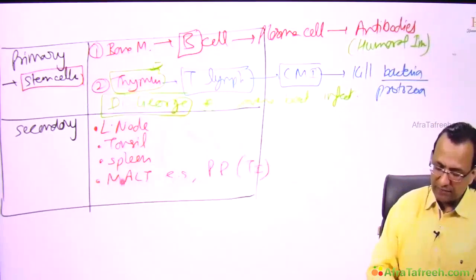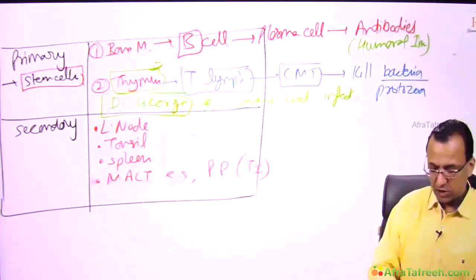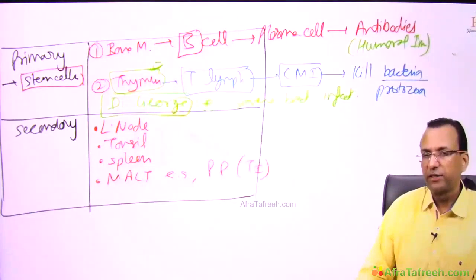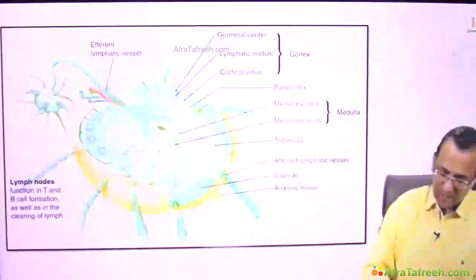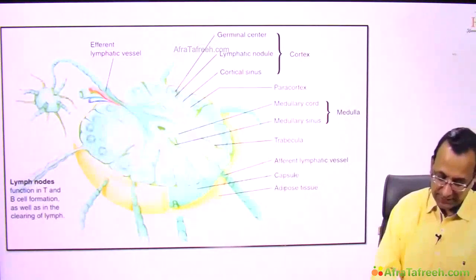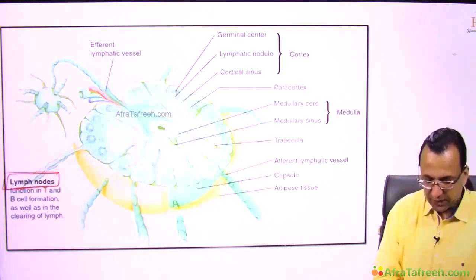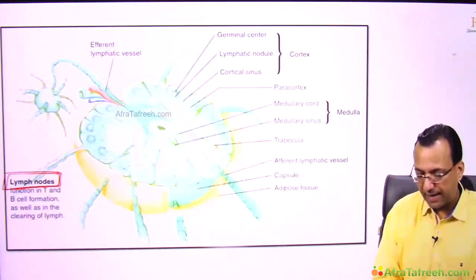Now, once you have some orientation there, let's go into the details of lymphoid tissue. This is a diagram for the lymph node compared with the thymus, compared with the spleen. Let us compare them now by magnifying. As you magnify the lymph node, you will see lymph node is identified by the fact that it will have